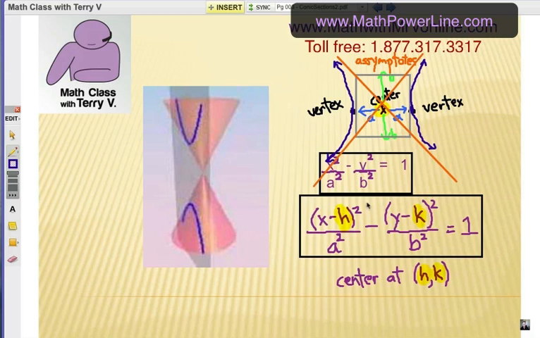Just a reminder, the equation of a hyperbola looks like this. At first it looks kind of complicated, but basically it's an x group squared over a squared and a y group squared over b squared, and we want to make sure there's a subtraction in between. It always equals 1, and the h and the k value tell you where the center of the hyperbola is. The a value, you take the square root of whatever's underneath, is the horizontal distance apart the vertex points are, and the b value provides the other dimension